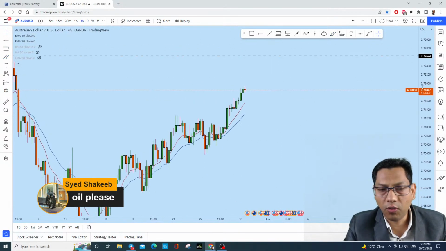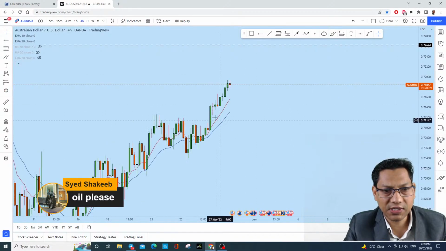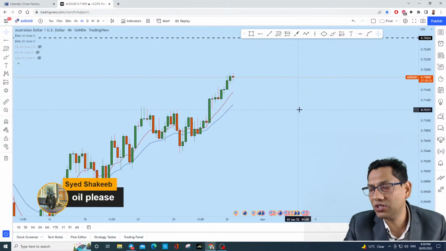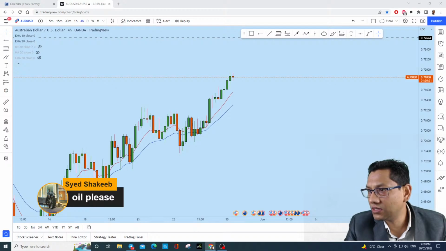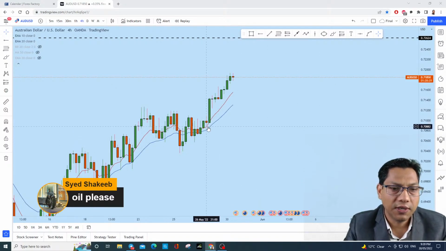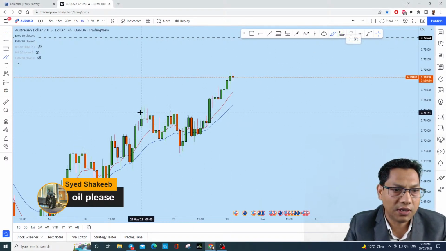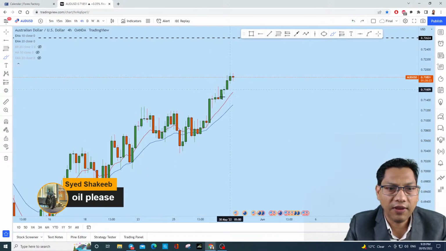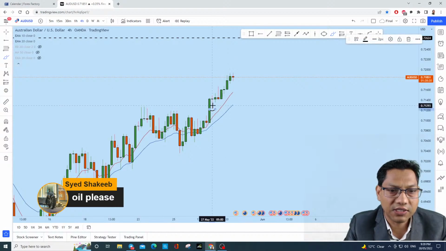Now on the 4-hour, look at the green candle. That's how you will understand the price action. It's very important that you always understand price action, how it works. See, upon this consolidation, you see the price broke above, and every time the price is creating a series of higher